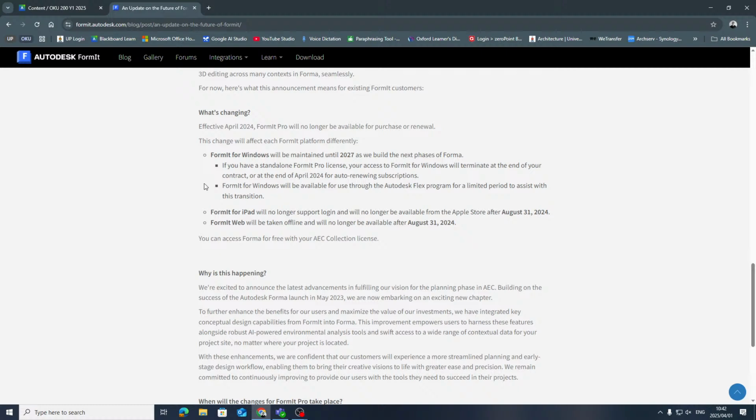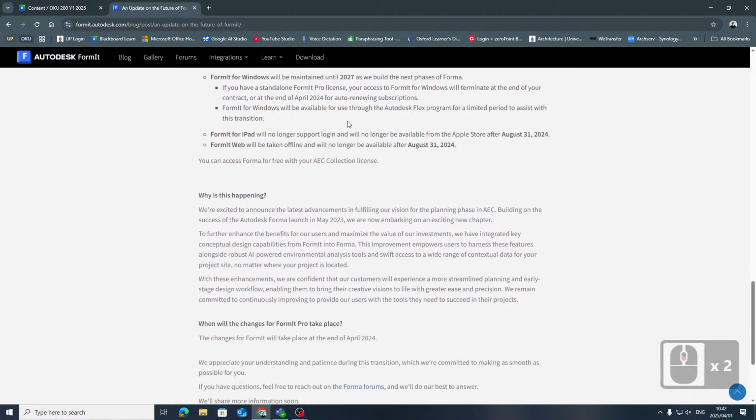However, if you read the next line, if you have a standalone Format Pro license, your access to Format for Windows will be terminated at the end of the contract year in April 2024. But that didn't happen last year. Everyone else still could get their licenses online, which a lot of you did in the beginning of this year.